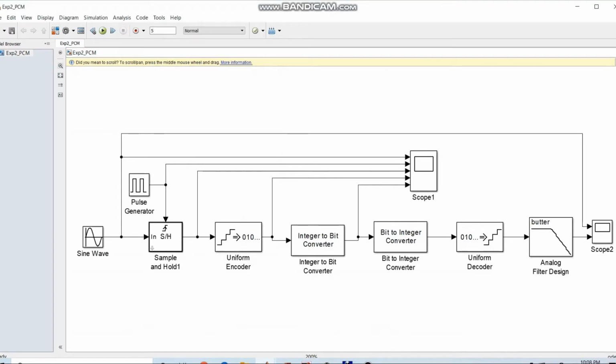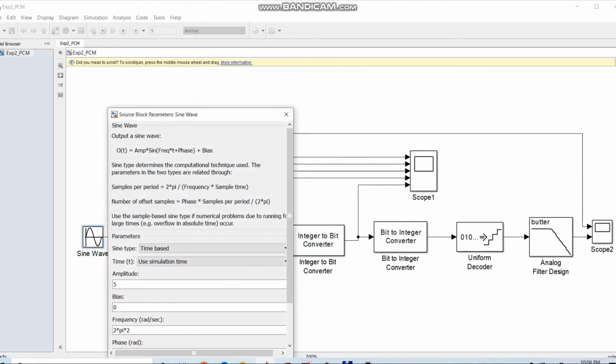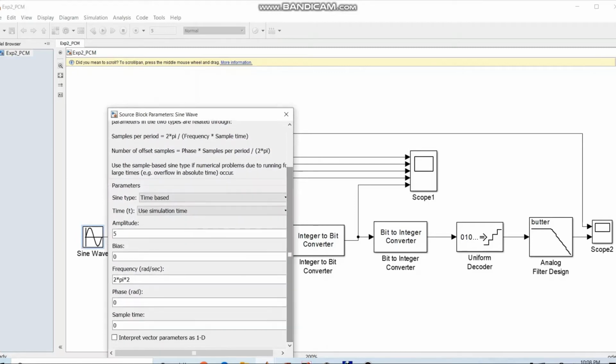Once you place the blocks, we have to interconnect. After interconnecting, we have to configure each and every block. Like this sine wave block, I have configured as amplitude 5 volt, frequency 2 pi into 2, sample time 0. Likewise,